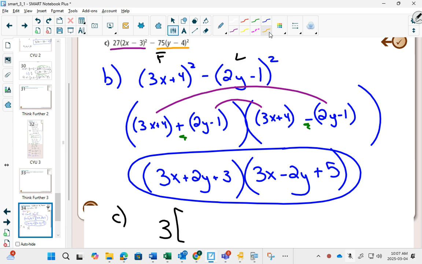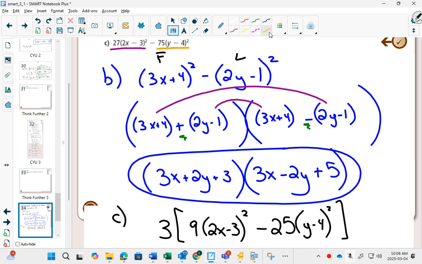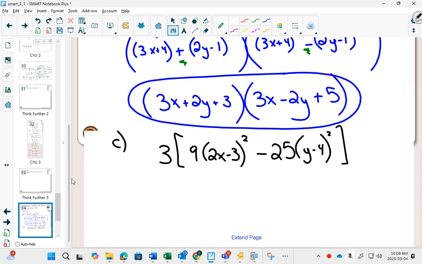Put a big set of square brackets. If I pull a 3 out of 27, I'd be left with 9. And I still have 2x minus 3 all squared. Minus, if I pull a 3 out of 75, I get 25. And I still have the y minus 4 all squared. So I use the square brackets just to pull out the 3. And now I notice that the inside